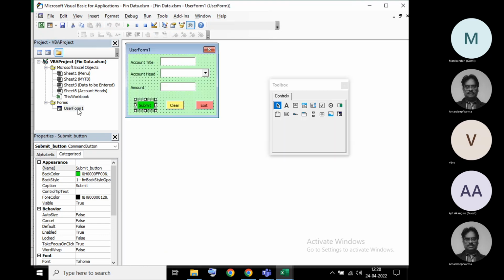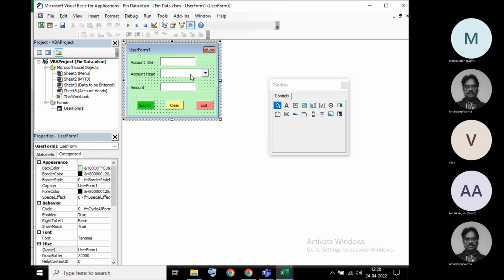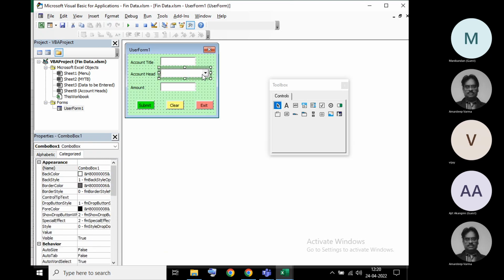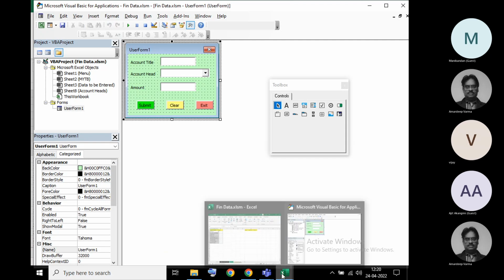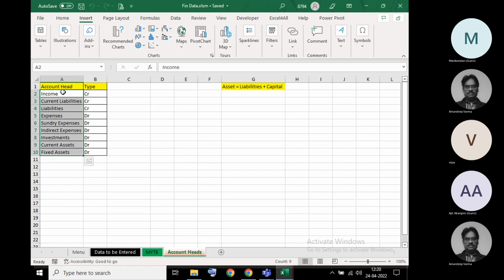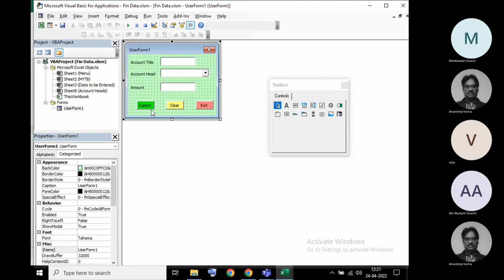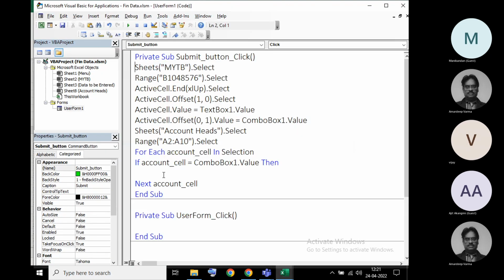See, what I'm doing here is we have the account head in this combo box. Okay, so I select any value from that. If that value matches the value in this selection, then pick this particular value. Okay, that is in the B column. So if account cell equals combo box 1 dot value, then